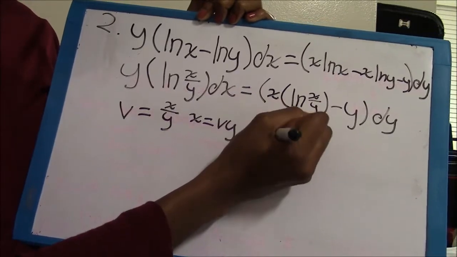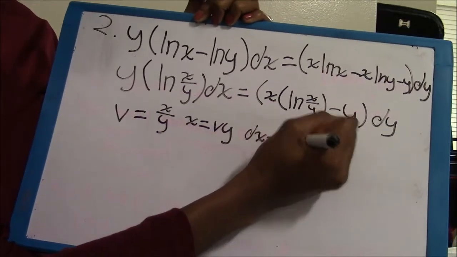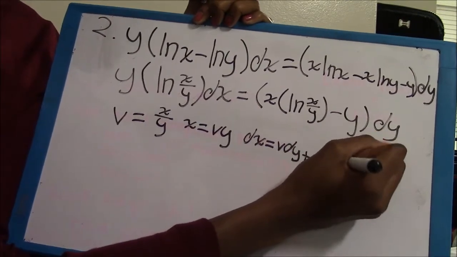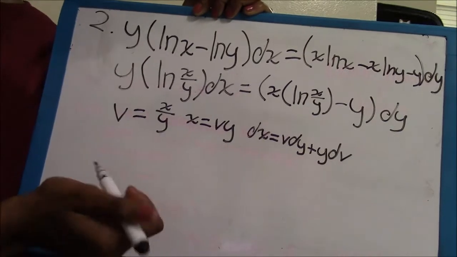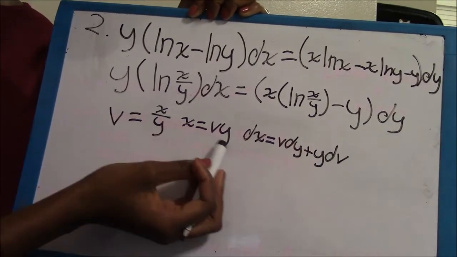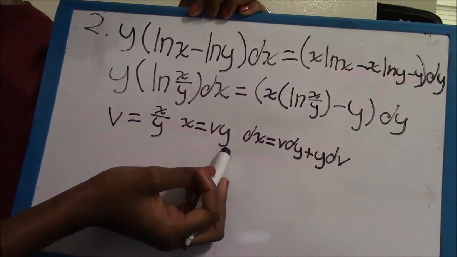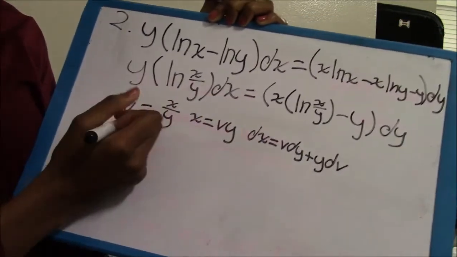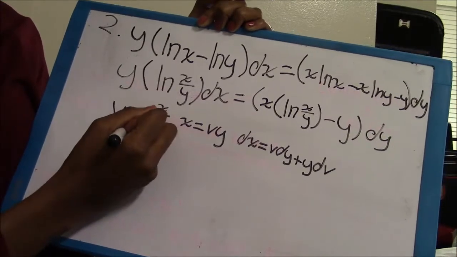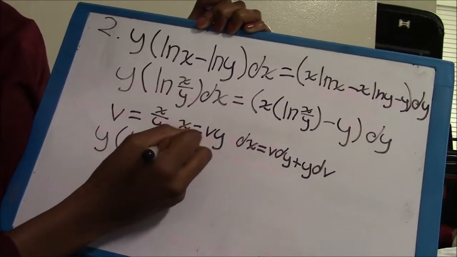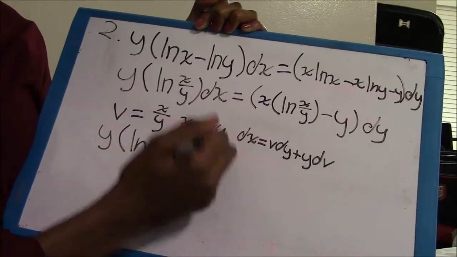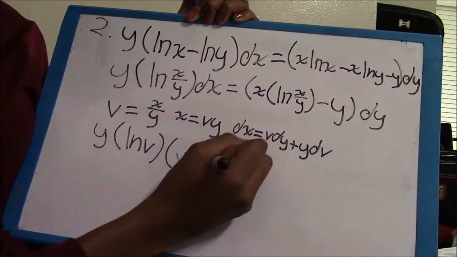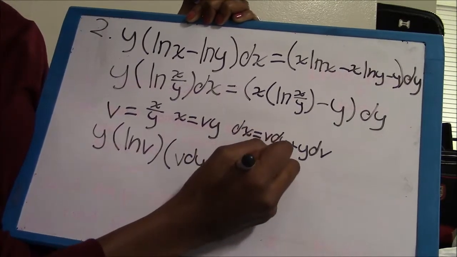And dx is going to equal v dy plus y dv because of the product rule, which is the first times the derivative of the second plus the second times the derivative of the first. So knowing all this information, we can plug it in and it'll be y times the ln of v times dx is going to change into this, so it's going to be v dy plus y dv